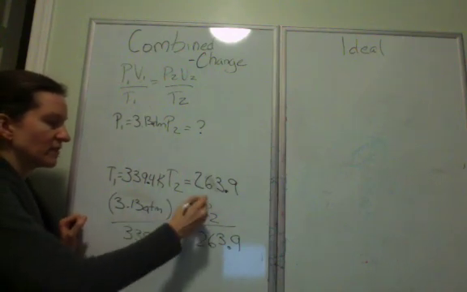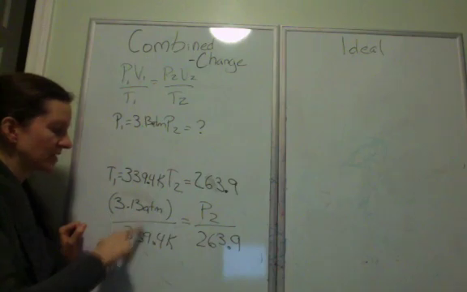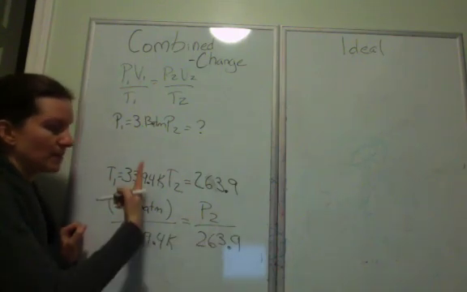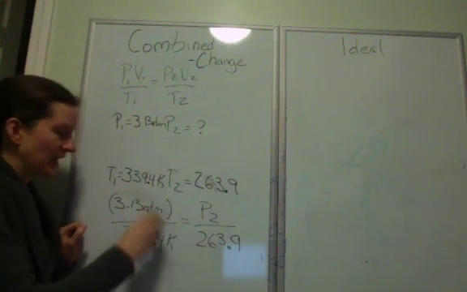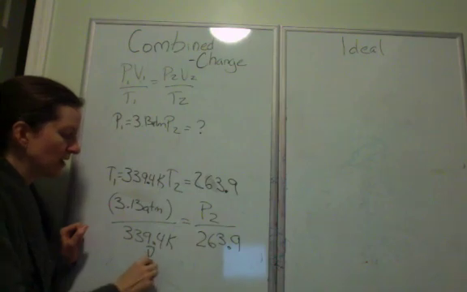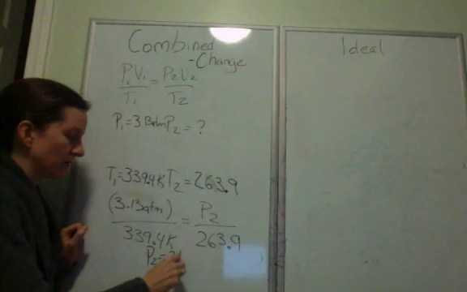So to solve for this variable, it's just a question of algebraically rearranging. You take this divided by this, and you multiply this up to this side to get P2 by itself. And if you do that correctly, you get that P2 equals 2.43